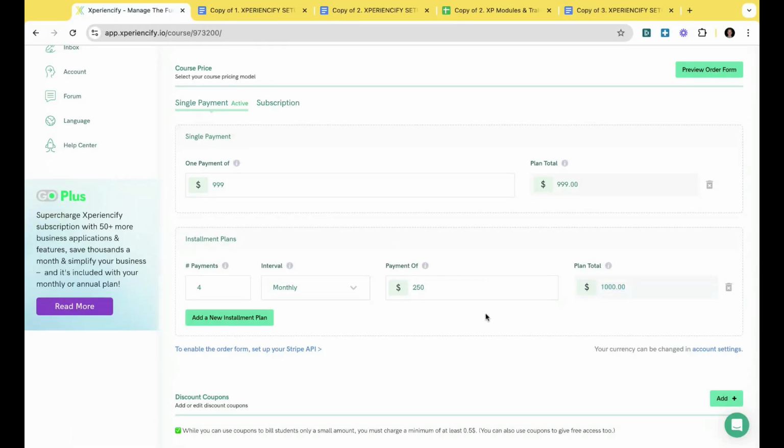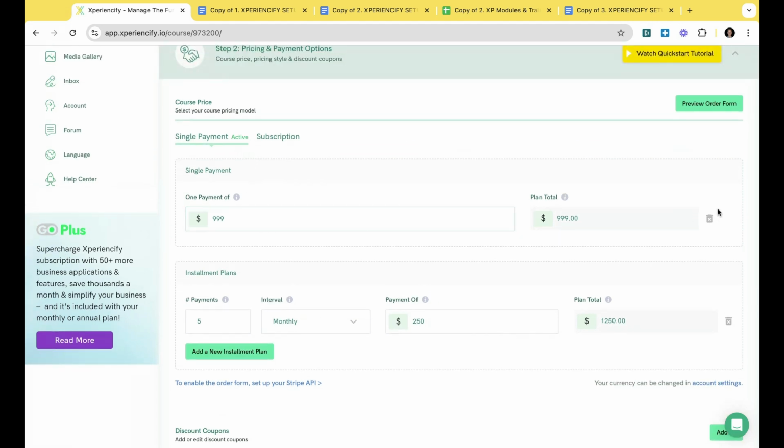Or I guess we could put 5, right? 5 payments of 250. My point here is that it's a great marketing tool to say, look, if you're willing to give me a one-time payment, then I'll give you a discount. If you want to do a payment plan over time, it'll be slightly more expensive simply because you're financing their entry and their entrance to the course, right? So that's a single payment and a payment plan.